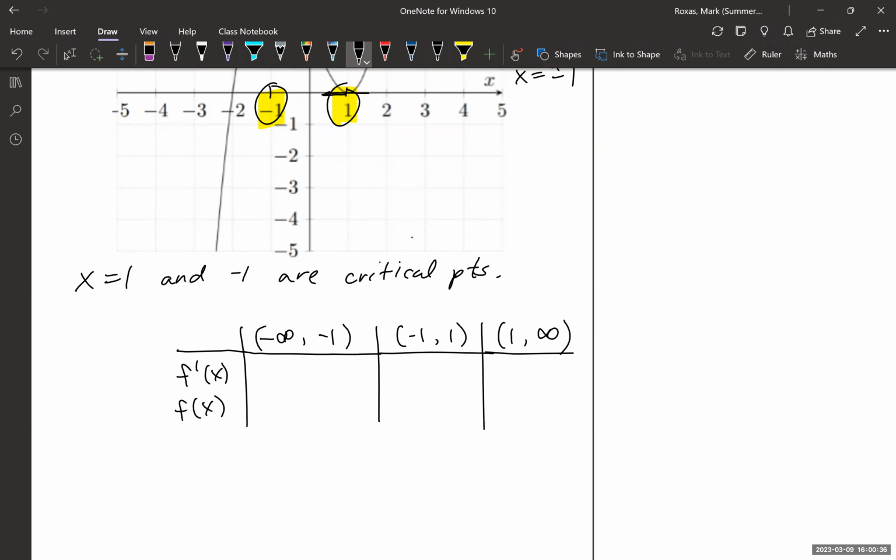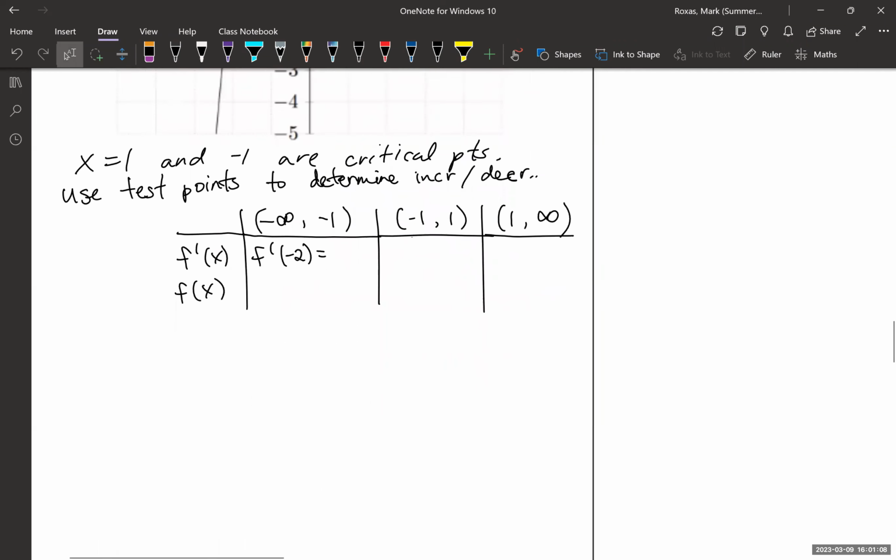Okay, and so what I'm going to do is use test points to determine intervals of increase or decrease. Okay. So let's say from negative infinity to negative 1, if I pick a test point of negative 2, f prime of negative 2, and I plug that into the derivative, it says 3x squared minus 3, so